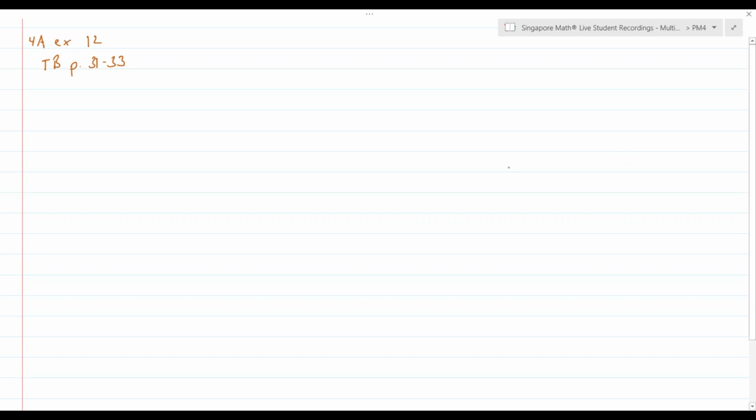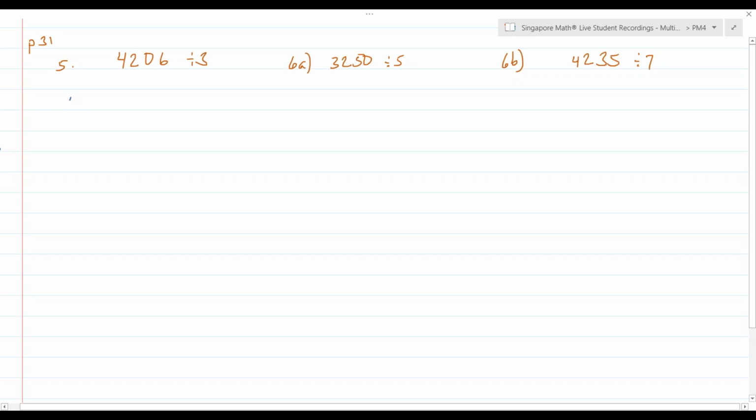Today we're going to talk about Workbook 4A, Exercise 12. This is in your textbook, page 31 through 38. We'll start on page 31, where we're reviewing division problems, and they do these problems using the process that we know as long division,